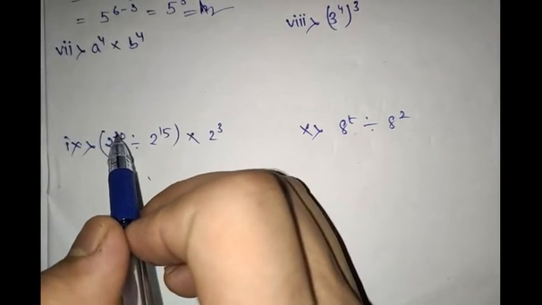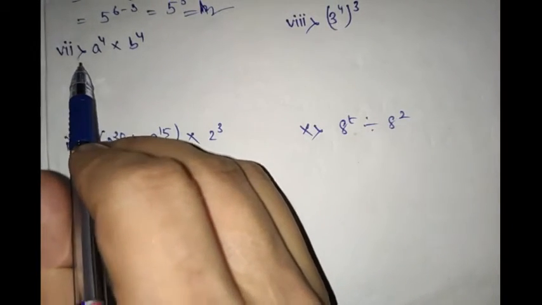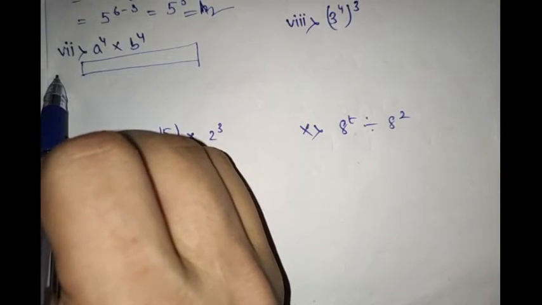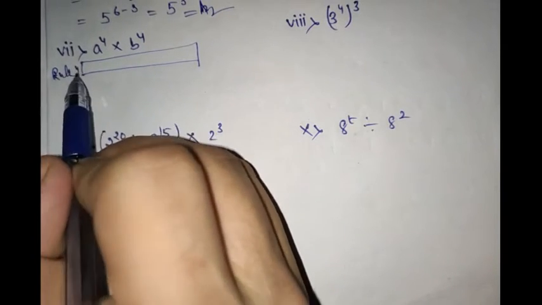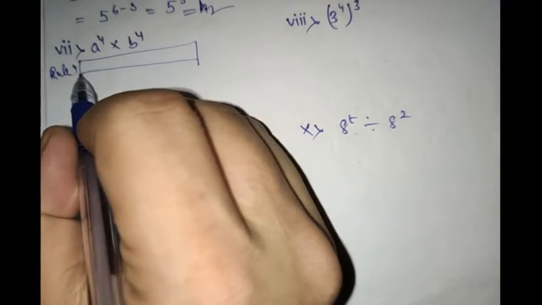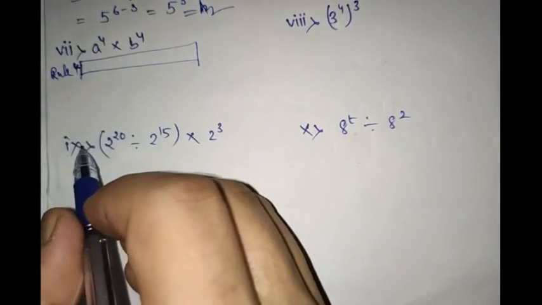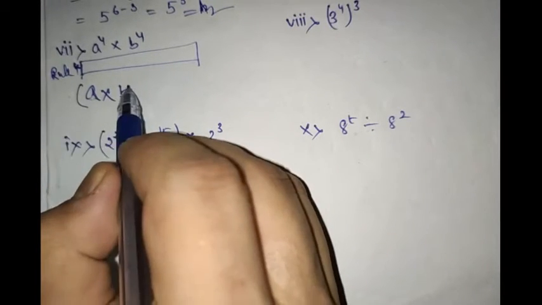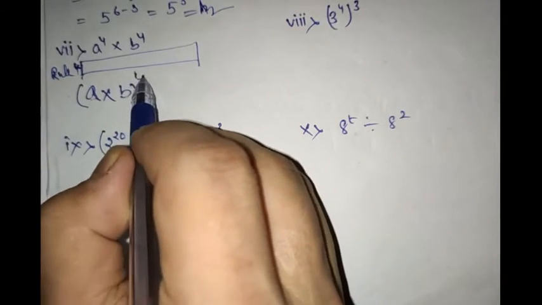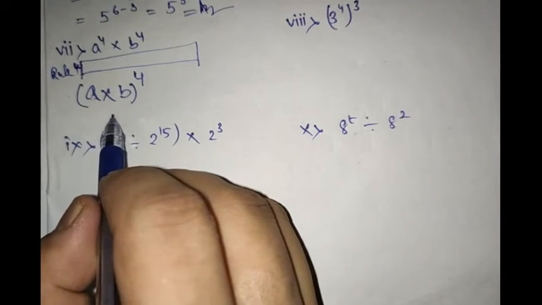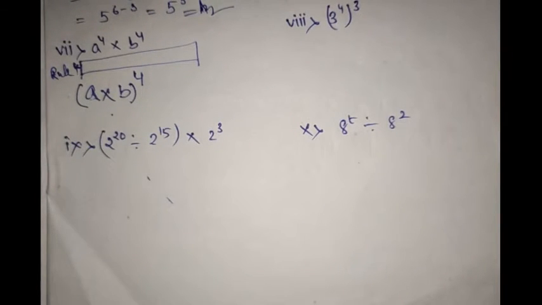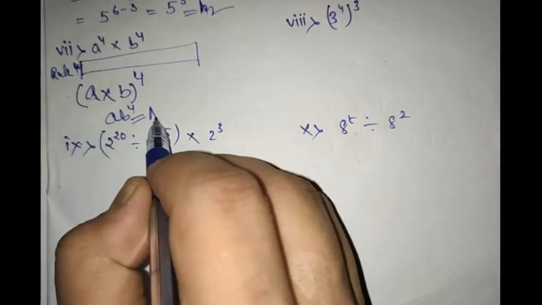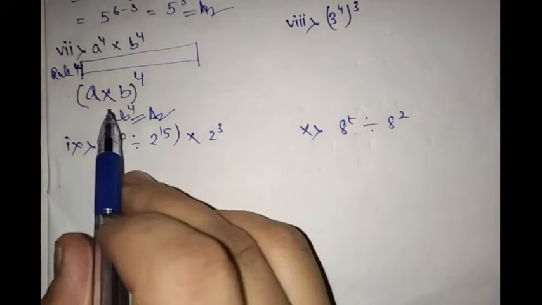A to the power 4, B to the power 4. Just see, even in this condition, you can say rule number 4, which I told you in question number 6. So you are going to write that rule. Rule number 4 is that. So we are going to use rule number 4 here. A to the power 4, B to the power 4. You will write A into B first. You will multiply the base, then you will write one power or exponent on its head. It will become A into B to the power 4, right? A into B to the power 4, so you can write AB to the power 4. A into B is AB, no?